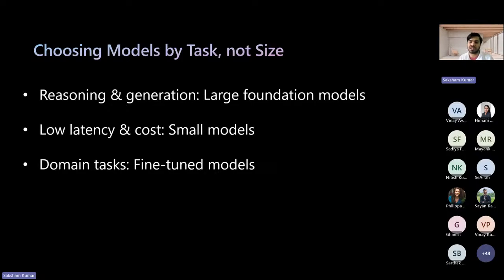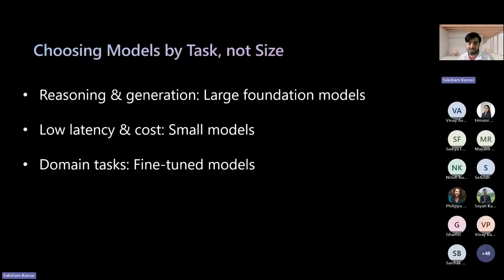Large foundational models have billions or trillions of parameters and help in deep thinking, complex multi-step reasoning, and high-fidelity content generation. So the OpenAI O series, if you know the O3, O4 models, the GPT-4o models, the Claude Sonnet and Opus models.